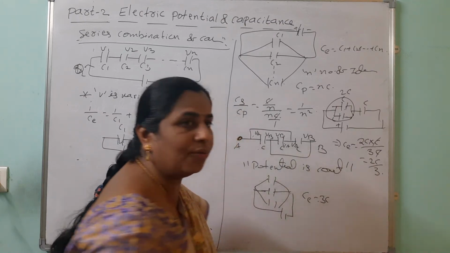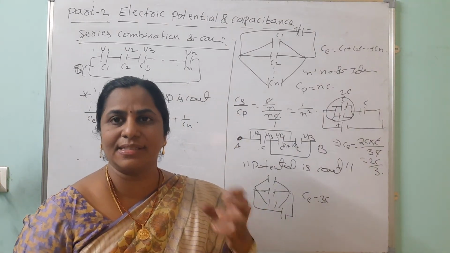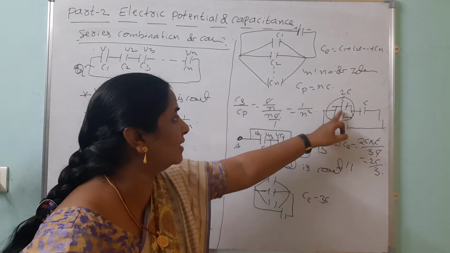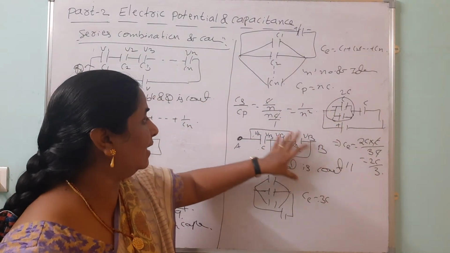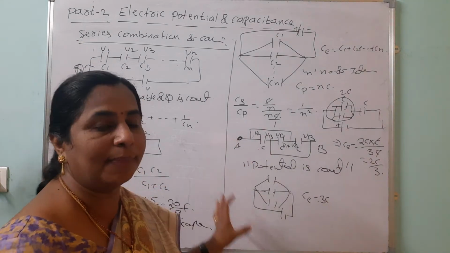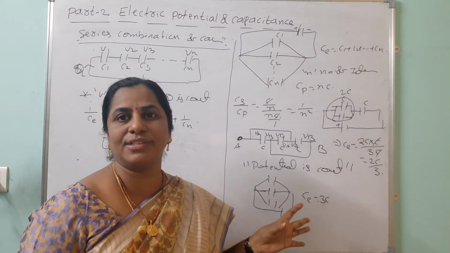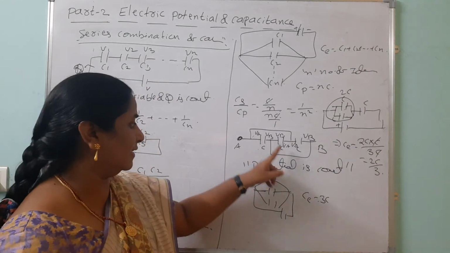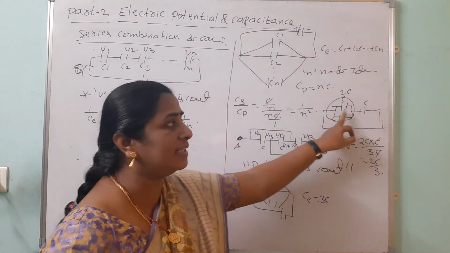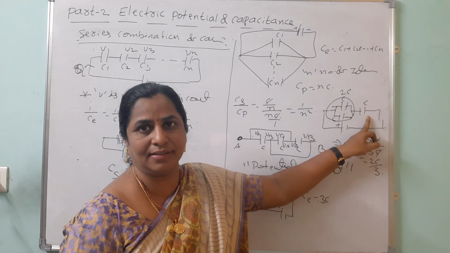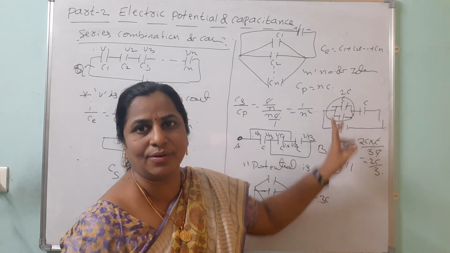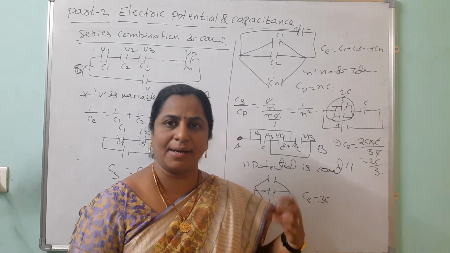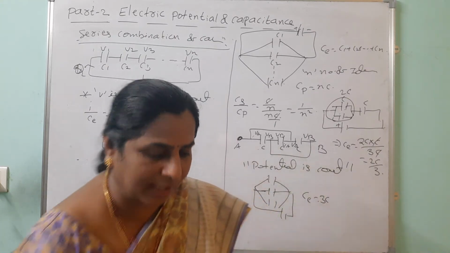Like that. So whenever parallel is there, charge is dividing. Look here, here charge is dividing. Here in this case charge is dividing, and here also charge is dividing. All are in parallel. If potential is constant, that is parallel. If potential is variable, look at this case. Here potential is different, here potential is different. So this type of combination is called the series combination. First we should identify whether it is a series or parallel combination. Then we go through the